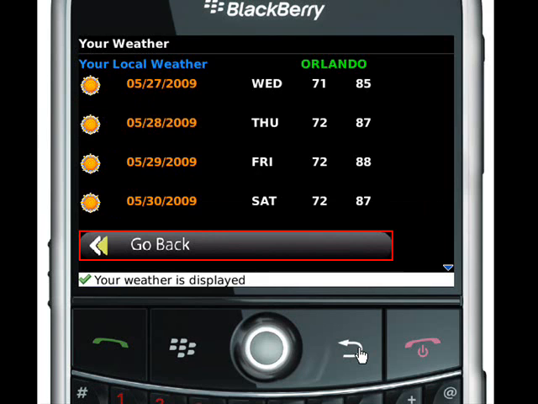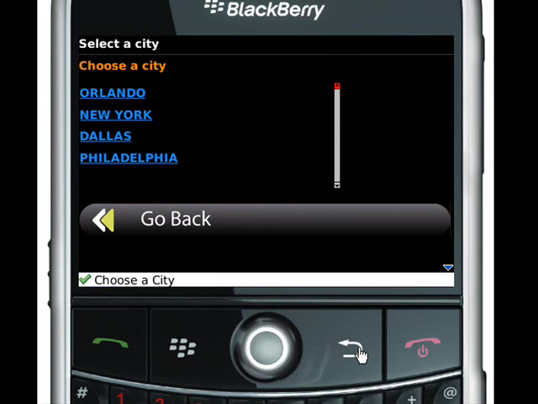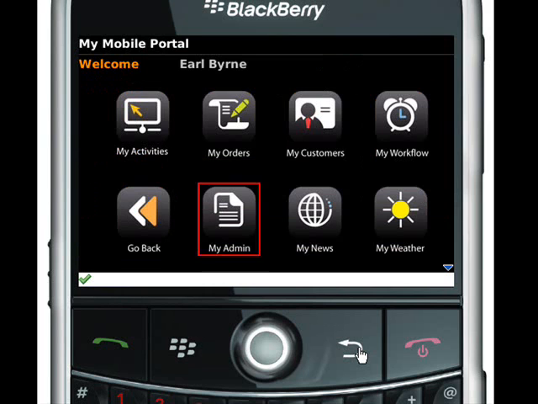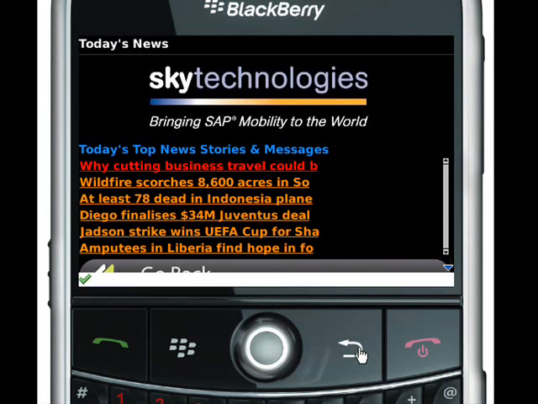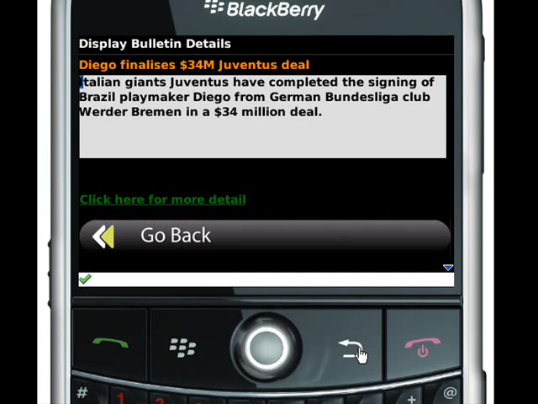I also, when I get on the plane, perhaps I want to check out the latest news. The news in this instance is based on an RSS feed from CNN, but it may also be configured to be more local. It may be tailored to my sporting team, or it may be tailored to company results. As you can see, I can go in here and I can see my favorite football team's just signed up a new player. I go back